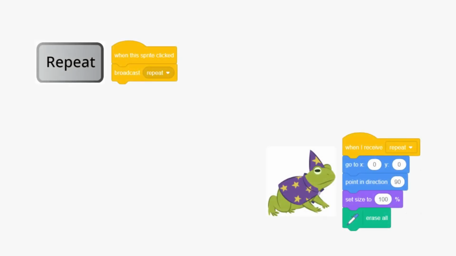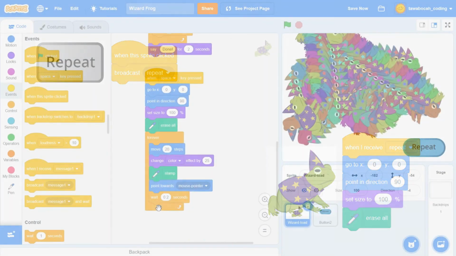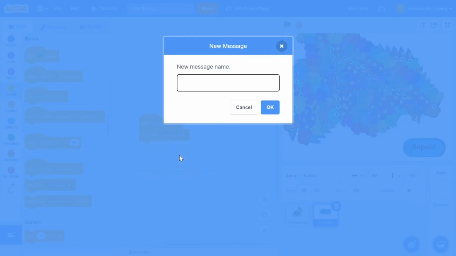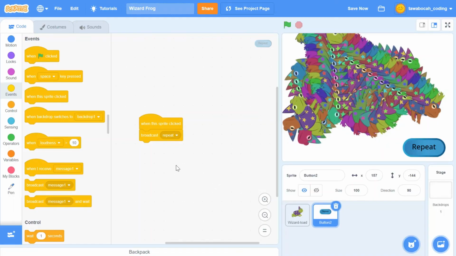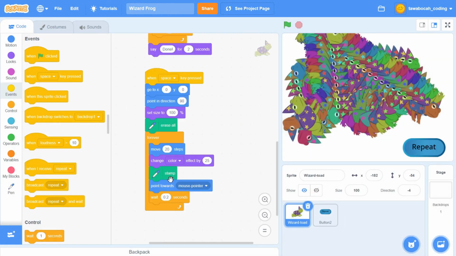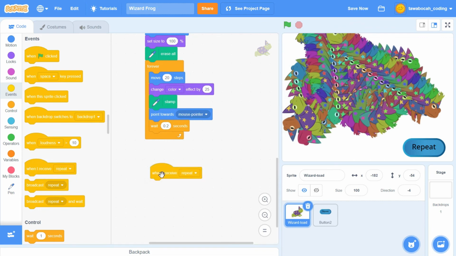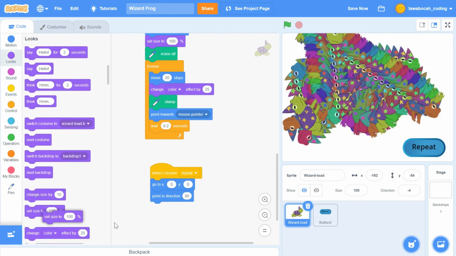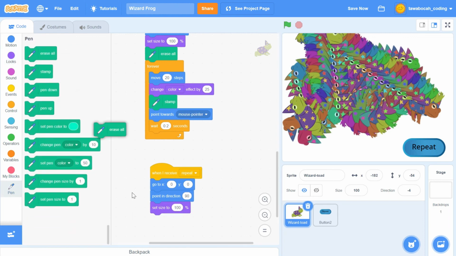And put this block code in the frog sprite to hear the broadcast. Try it, click the repeat button, and the frog will return to its original state.